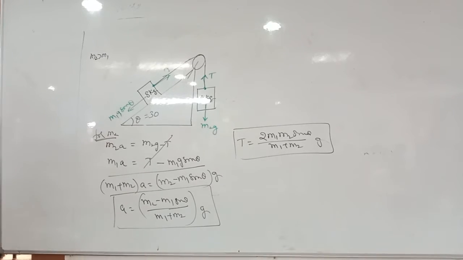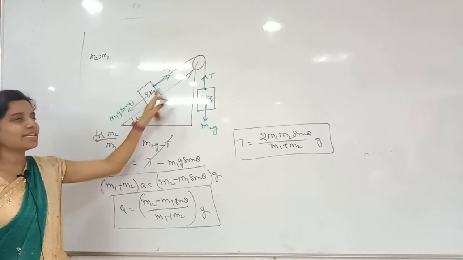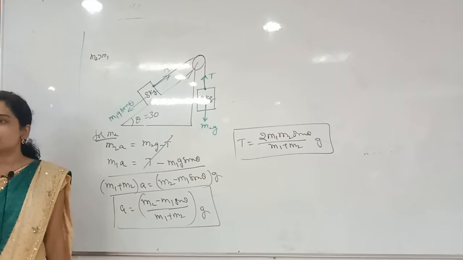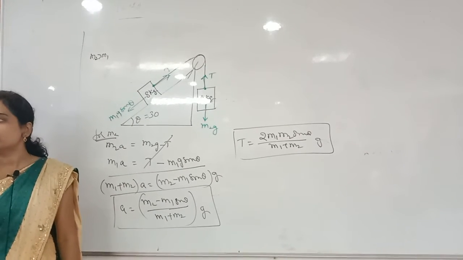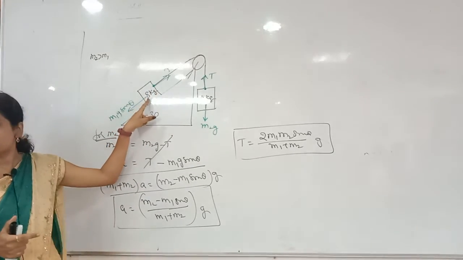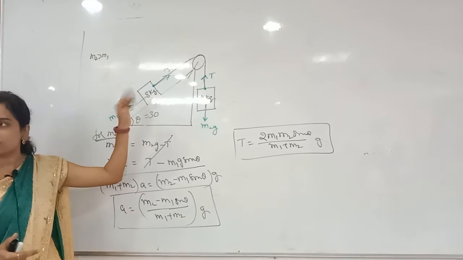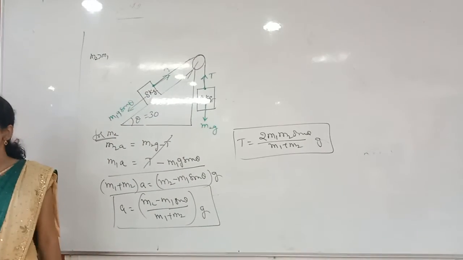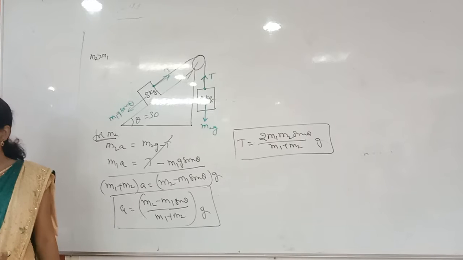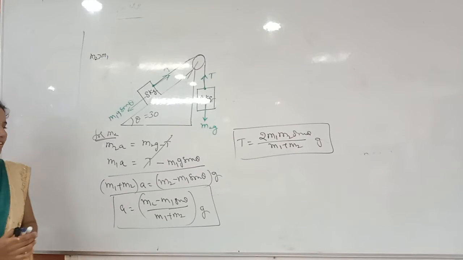See that here, 4 minus 8 sin theta. I said that sin theta will come for which body? Whichever is there on the inclined plane. So sin theta will come for this. 4 minus 8 sin 30. 8 sin 30 is nothing but how much? 4 only again. 4 minus 4 how much? 0. Why are you taking this much time for that? Correct? You understand everything, right?